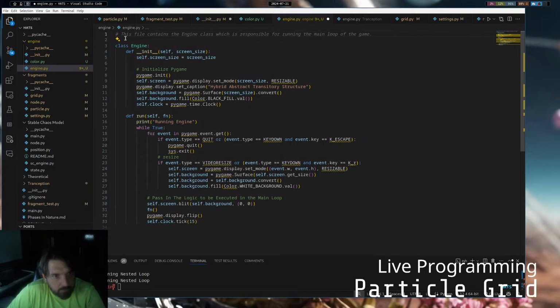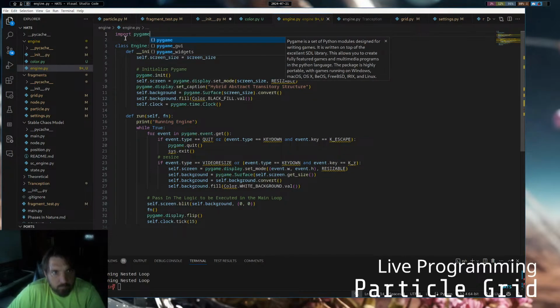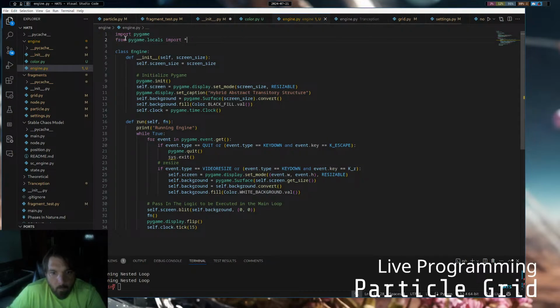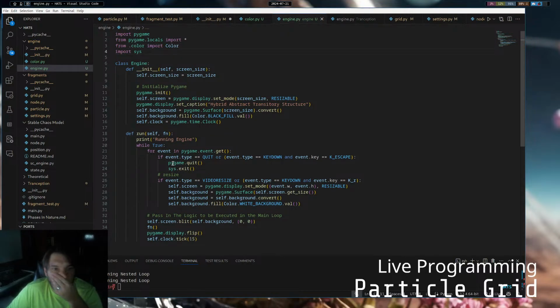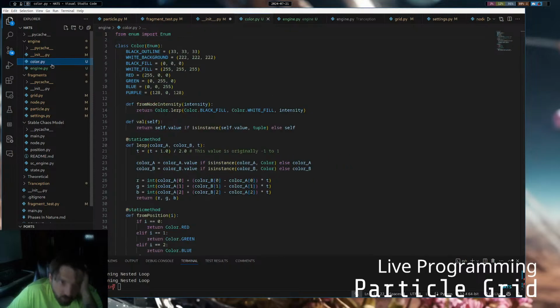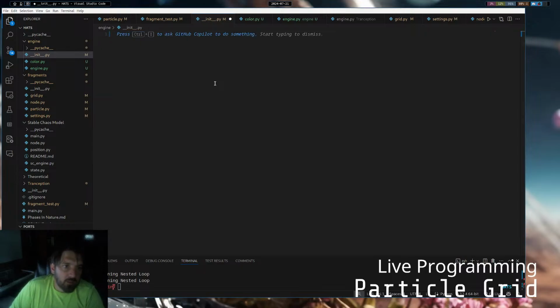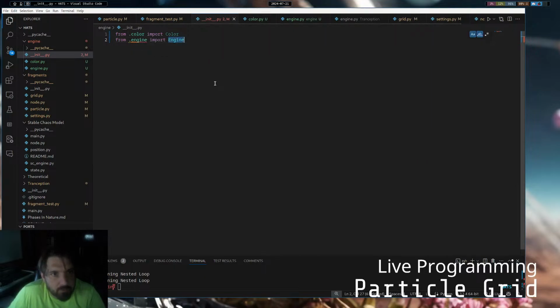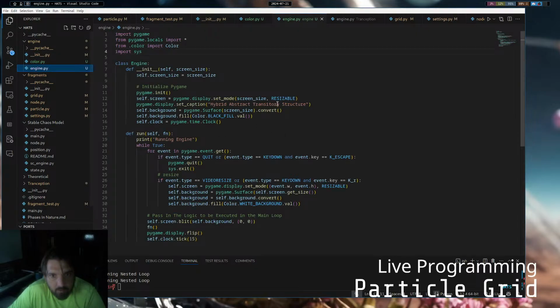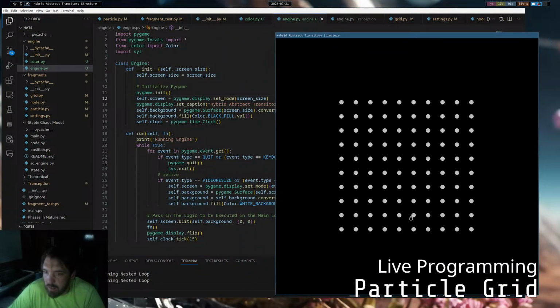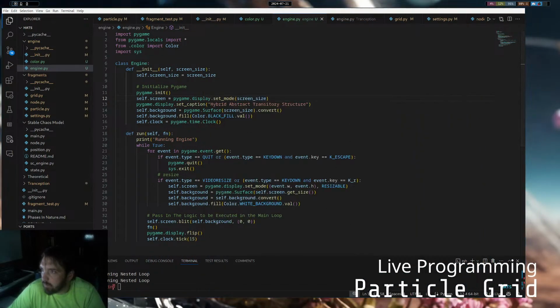I've actually done this before, so here we go. And then here we just say from color, import color. From engine, import engine, and then everything should be fine, except for the fact that we just broke this by adding resizable to it. Now, can we find